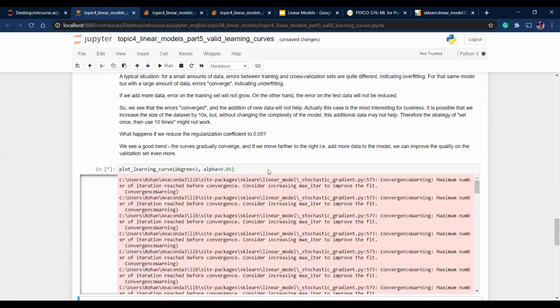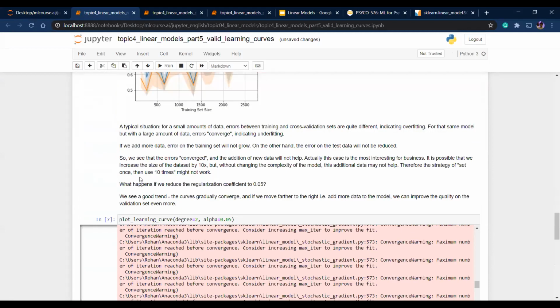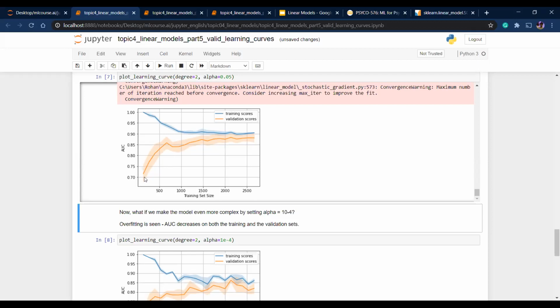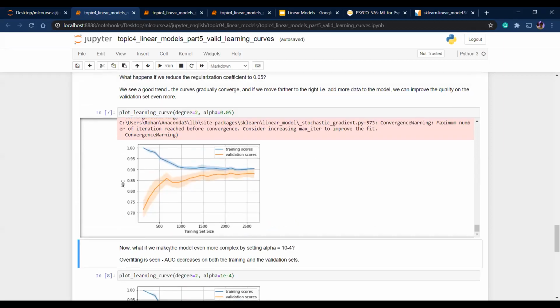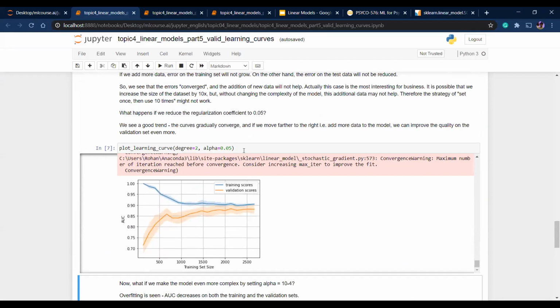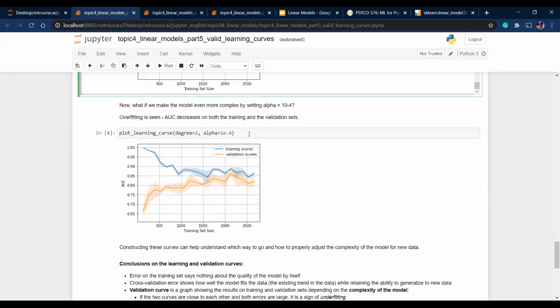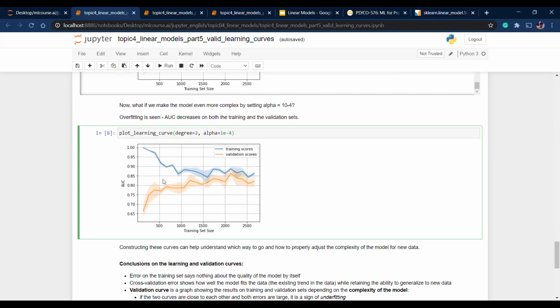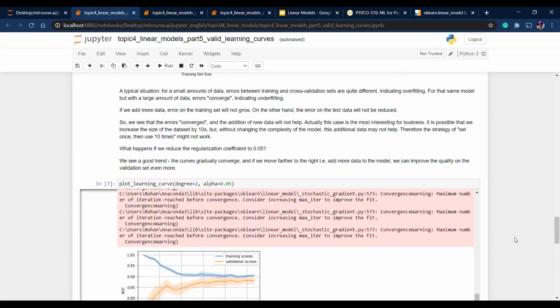Where did my plot go? Yeah, here's the plot. In this case, we see that initially the AUC is very low for validation, but for training it's very high, and then they converge. So this means that overfitting does exist. And if you set alpha to very low, then sorry, in this case overfitting does not exist, but if you add more data, it won't add anything to the model. But if we set alpha equal to very low, then we see that the score actually reduces, so the error increases, and this way we can see that overfitting does exist. So these are the validation and learning curves that you can leverage